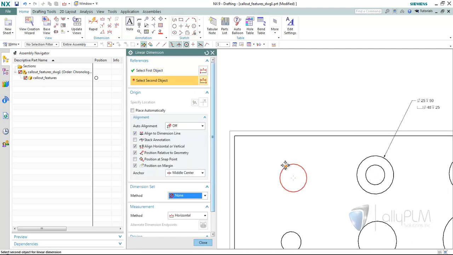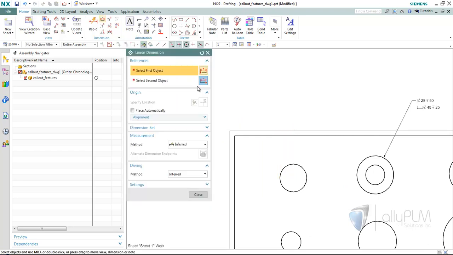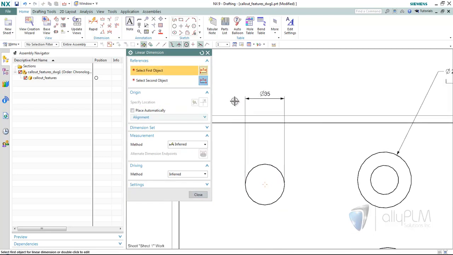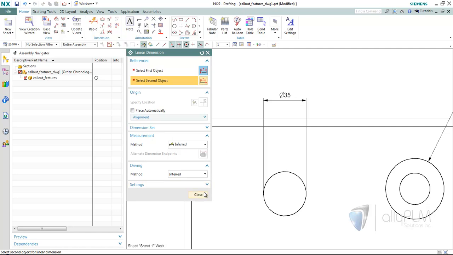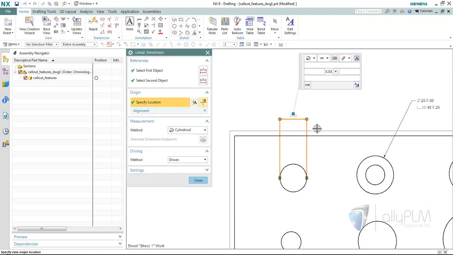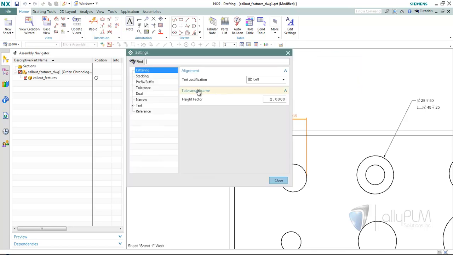change this to none, pull that off. Let's do that one more time. So here's linear, I've inferred, there we go. So I can pull that off. Here's just the through hole here. So if I look at this, you'll see that I have control for that inside the settings as well,